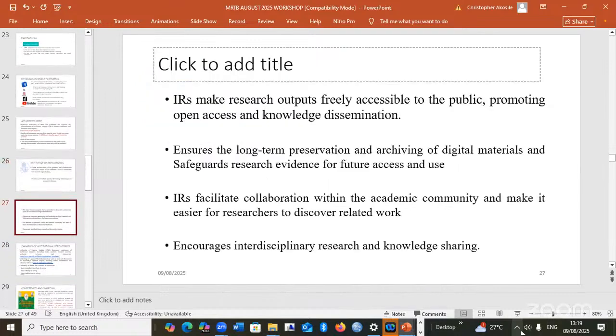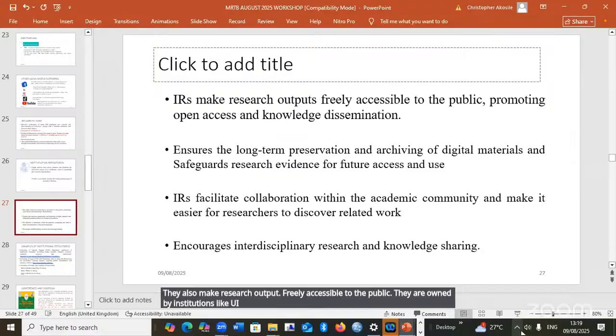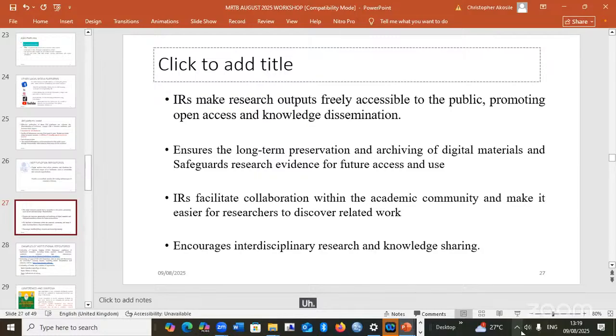They also make research output freely accessible to the public. They are owned by institutions like UI, OAU, UNILAG, BUK, UNIBEN, UNIMED, and others.